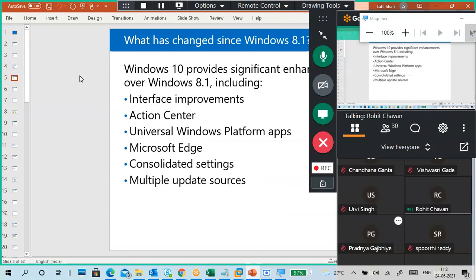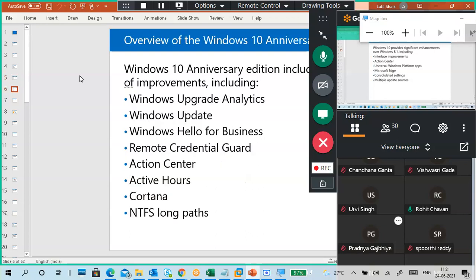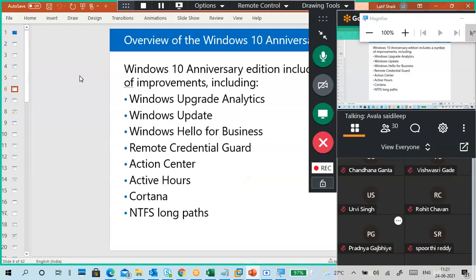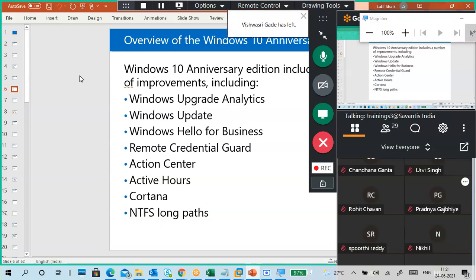Then Microsoft Edge, Universal Windows Platform. Very good. Start menu and good updates, Windows updates. Upgrade analytics. Yes, good.